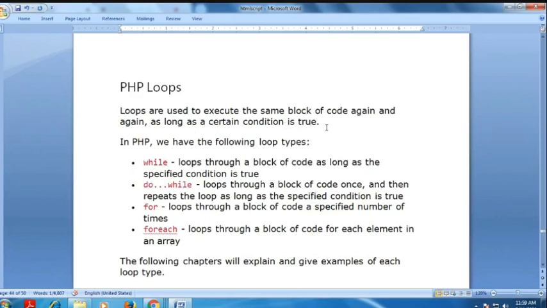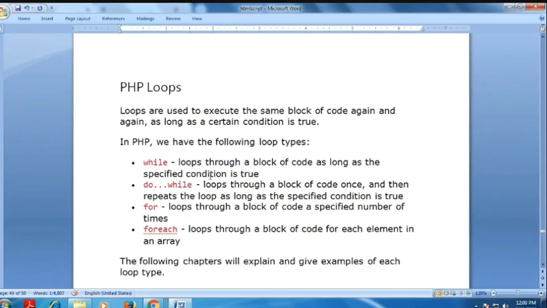In a conditional statement, you check the condition, and if it is true the statement executes, otherwise the other statement executes. But in loops, the statement is executed again and again while the condition is true. This is the difference between loops and conditions.